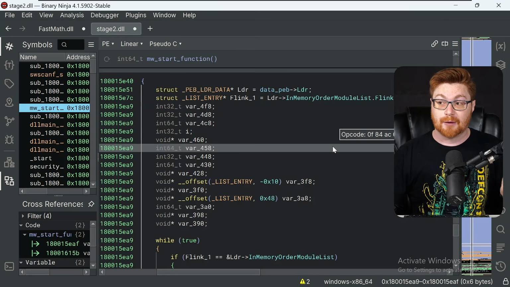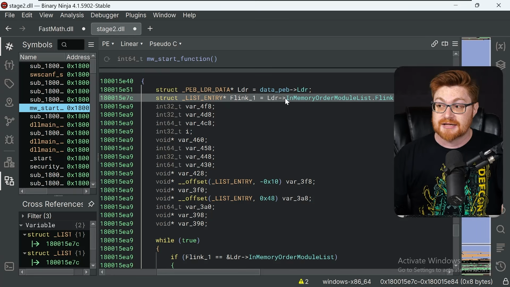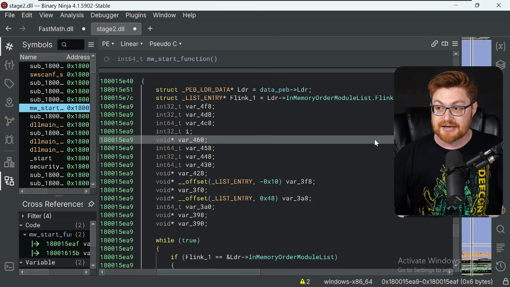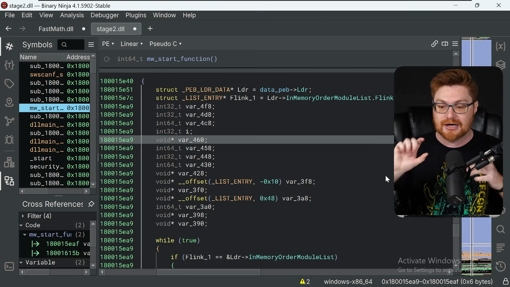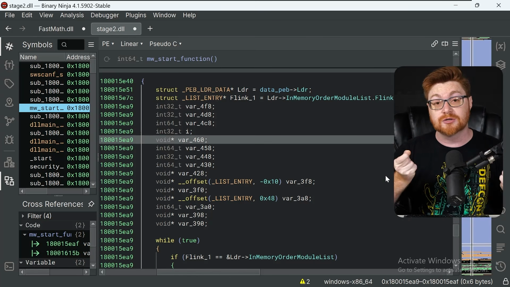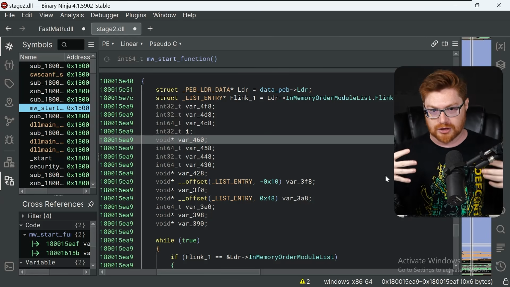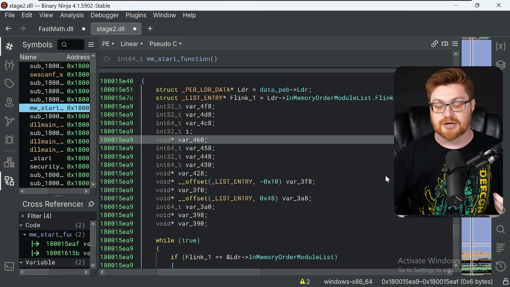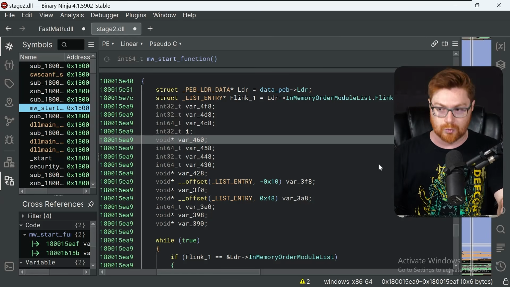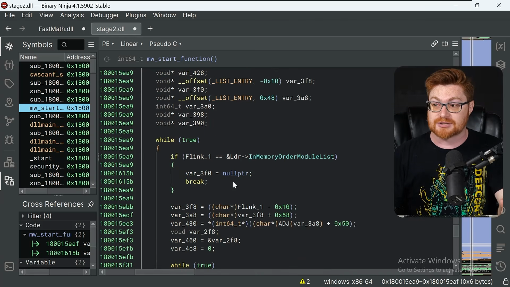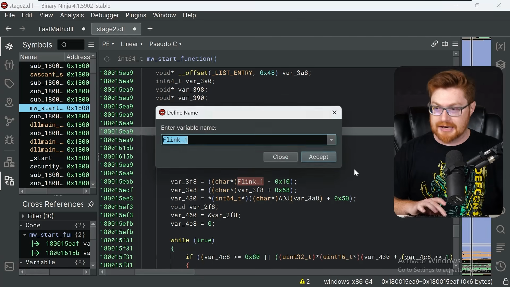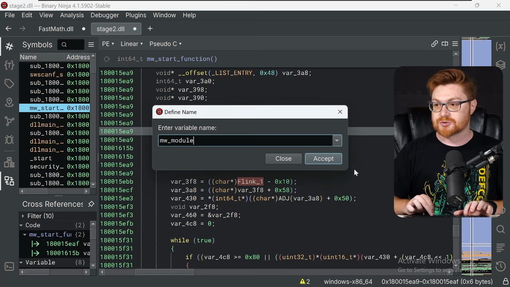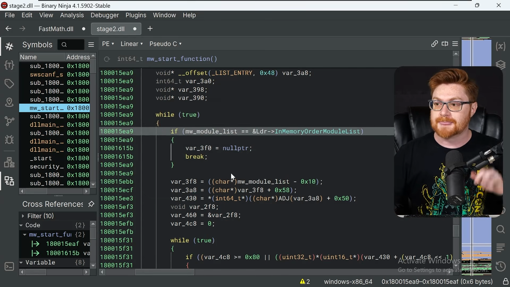Now we could see how we would pull out parts of the PEB, in fact, the in-memory order module list. And that is, as I was talking about earlier, the data structures that could help the malware author track down the pieces and breadcrumbs that it could use to then reflectively load other modules or other DLLs and get access to code in another new sneaky way. But if I keep scrolling down, we could see some of this in that for loop, and maybe some of you that have been cruising through Maldev Academy or other resources are very familiar with this process. We could rename this to like, I don't know, MW module list if we really wanted to, but down below,